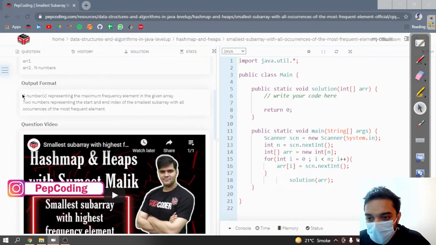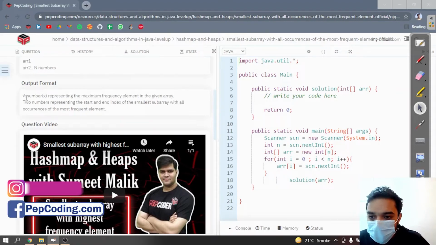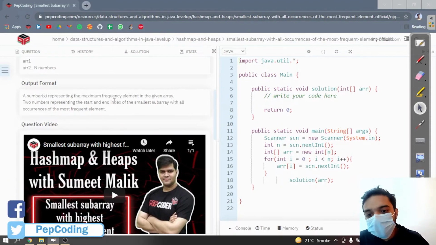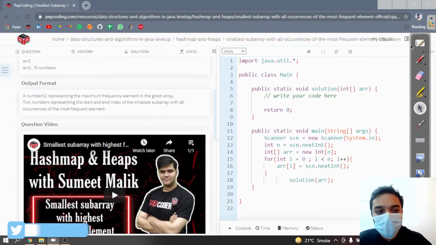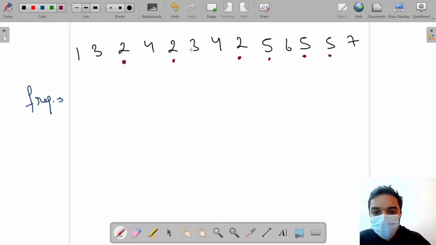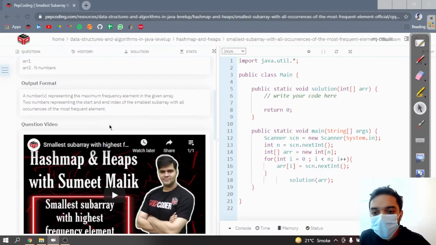In the output, they have given an array only. A number x representing the maximum frequency element in the given array. So first of all, we have to print the element which has the maximum frequency in this array. I can see there are 2 elements present right now, 1 is 2 and 1 is 5. Both have maximum frequency, but they are equal in frequency. Let's check: 2 numbers representing the start and end index of the smallest subarray with all occurrences of the